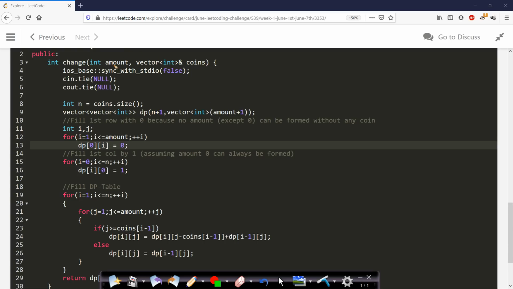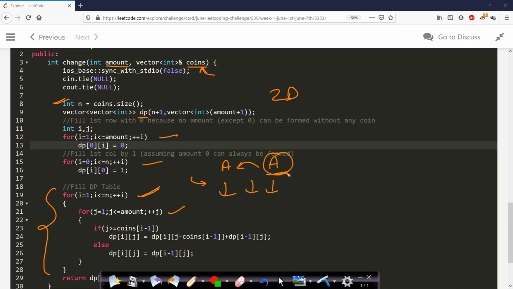So this is the code where we are given the amount to be found and our coins array. Now after getting this, I am finding the number of coins and then I am taking the DP table. This is the 2-dimensional matrix method. Now I am filling the first row and the first column as I have already explained, and after that I am just filling the DP table. So the first loop will pick each coin one by one and the second loop will iterate for all the columns, which is nothing but the amount. So we are basically finding the number of ways for a smaller amount and then using that to find the number of ways for a larger amount. Okay, so this is nothing but the optimal substructure property.